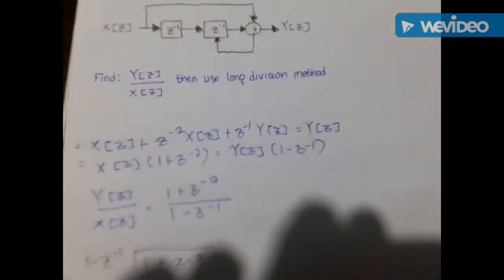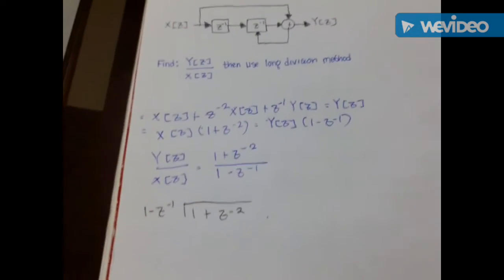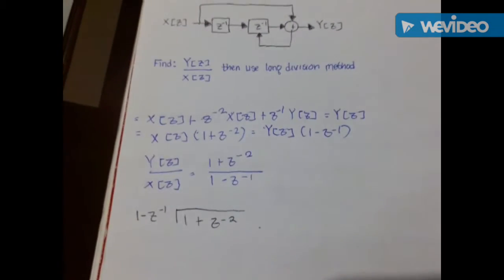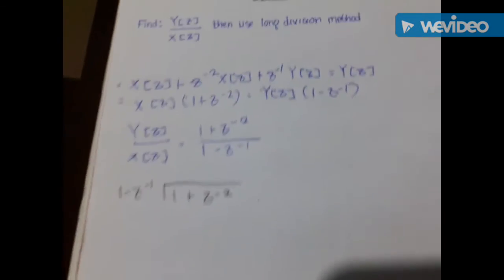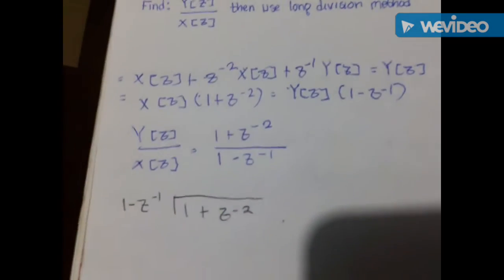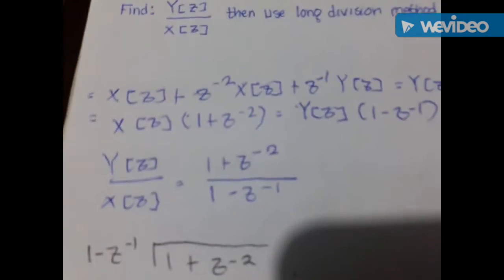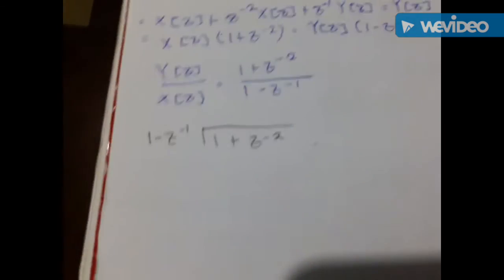For continuation, we must now find y of n using the long division method for this block diagram. As we did earlier, we simplified those equations into Y of z over X of z in order for us to do a long division. Now answering it